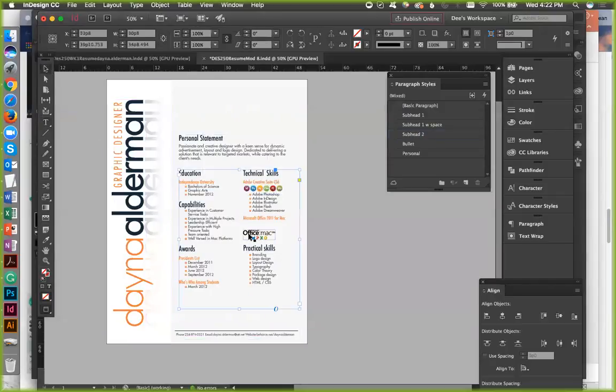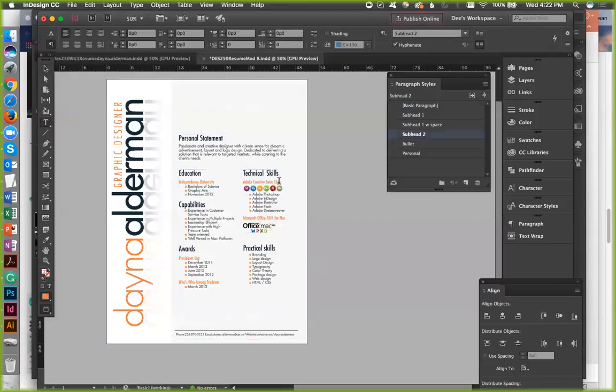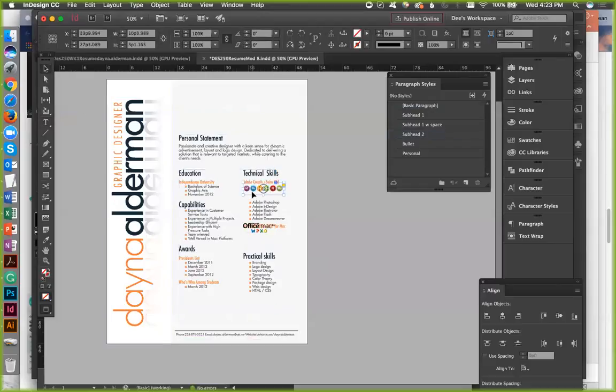I'll be fighting with this thing all day, figuring out exactly the right space. Maybe I just need more space here, and that could be why. I do need more space there. All right, let's try that. Yeah, that actually looks pretty good.